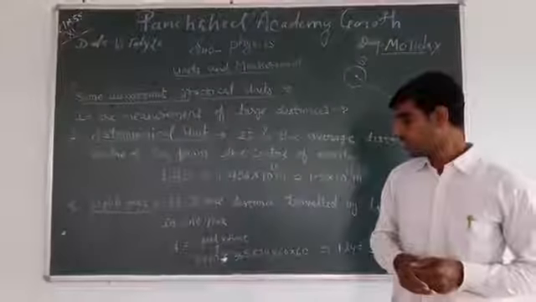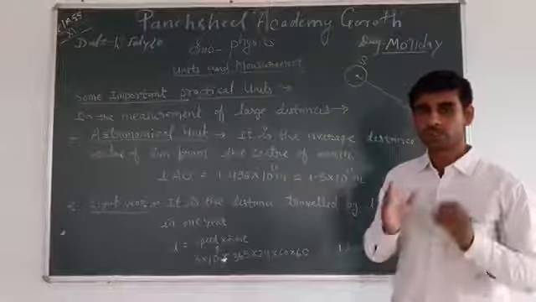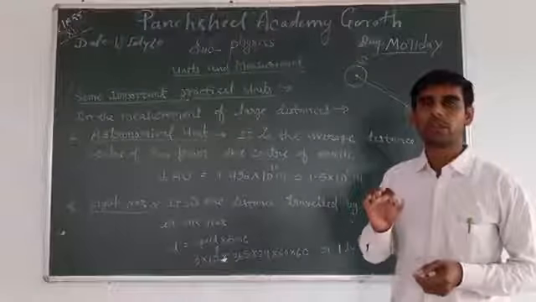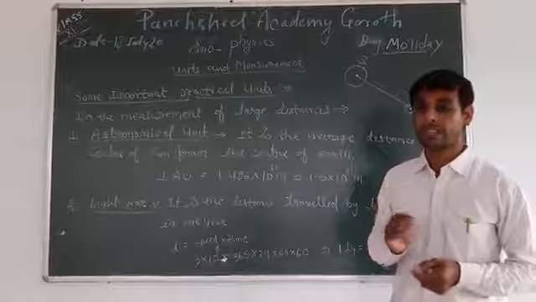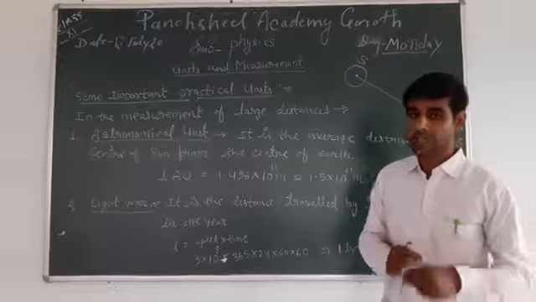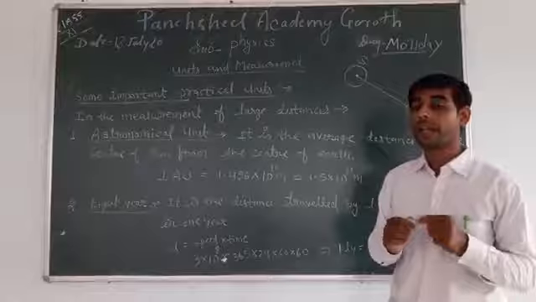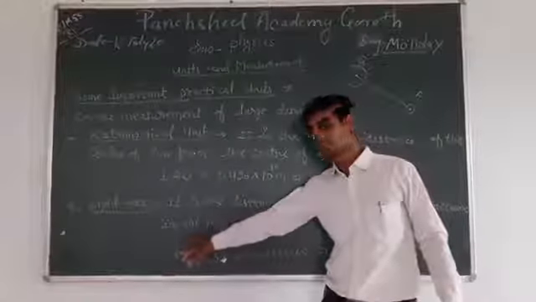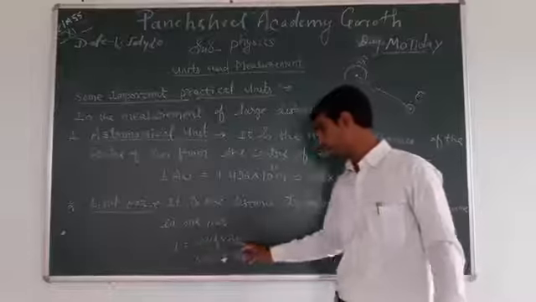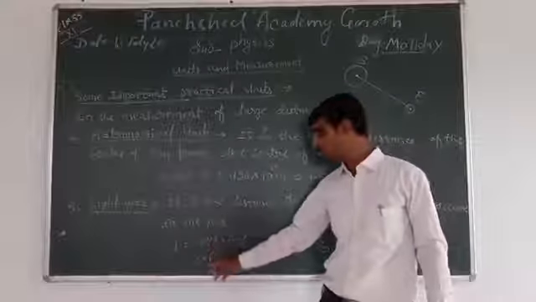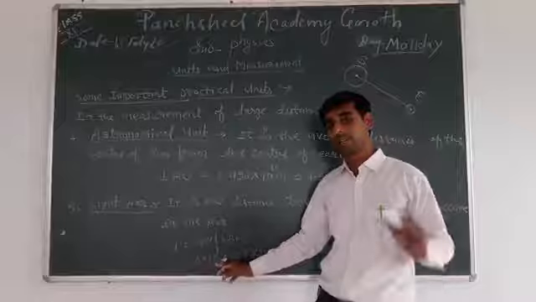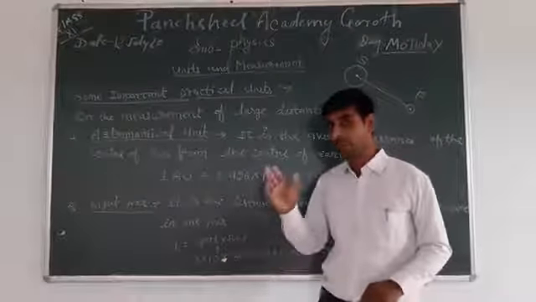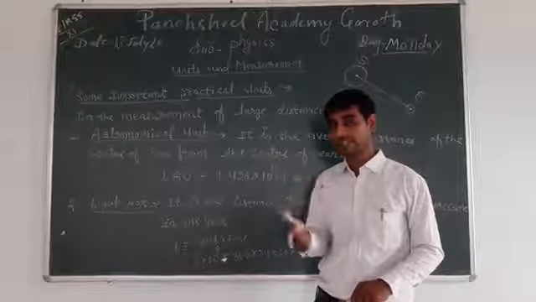You know that the speed of light in vacuum is 3 × 10^8 मीटर पर सेकेंड. एक सेकंड में लाइट 3 × 10^8 मीटर डिस्टेंस कवर करती है. तो डिस्टेंस बराबर क्या हो जाएगा, स्पीड इनटू टाइम. सो व्हाट इज स्पीड, 3 × 10^8 मीटर पर सेकेंड. एंड व्हाट इज टाइम, the time in 1 year in second.